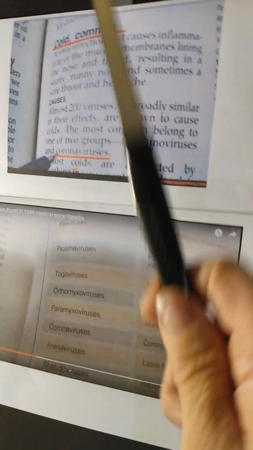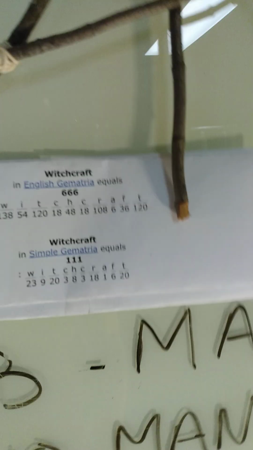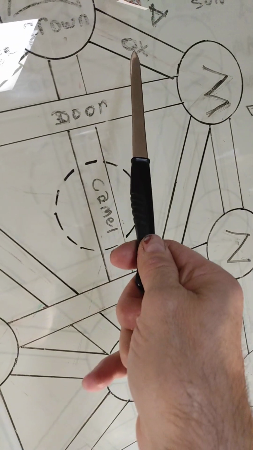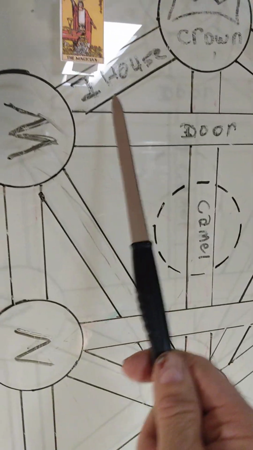So every season you're going to have the common cold, you're going to have a pandemic, because the definition at the United Nations was changed. And that, ladies and gentlemen, has to do with our friend witchcraft. It's word magic. And it all starts with the aleph-bet, which is your father in heaven, right over here. This is aleph and this is bet, okay? And bet is about duality, and it's all about duality.